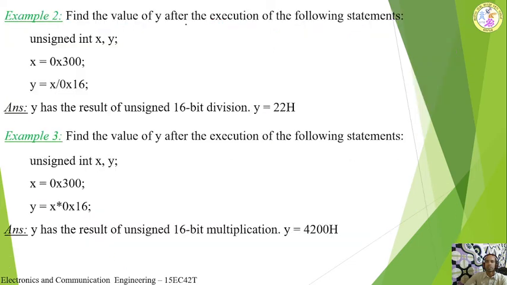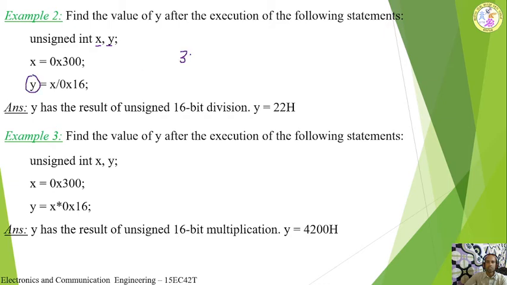Similarly, find the value of y after the execution of the following statement. Unsigned int x and y. I will define x is equal to 0x300, which is 300h. 300h divided by 16. Since I have used the normal division, the quotient will be stored into y.